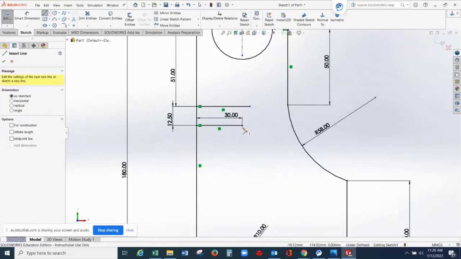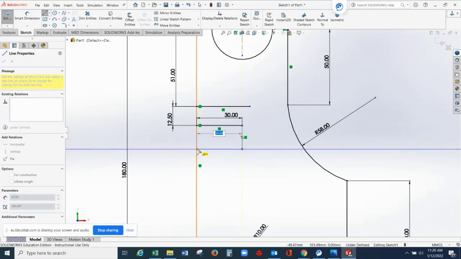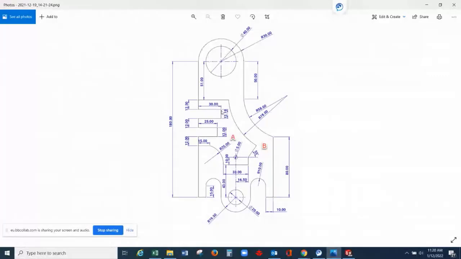Create one line from here going down and again at this point. So let me check this. So I'm drawing this line, okay, 12.18, similar to the distance. This is 30, okay, 12.18, 30, and then open this.